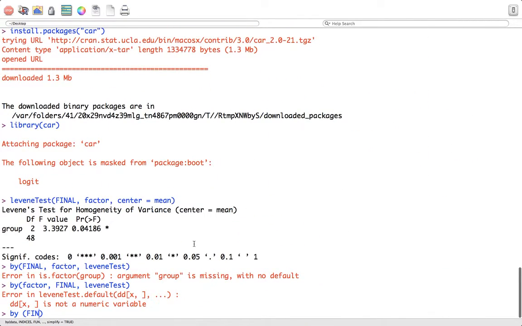Okay, I'm not really sure. But anyway, I'll show you something that we can bypass that. Let's also run a Levene test for ACT